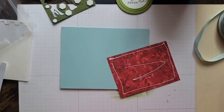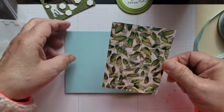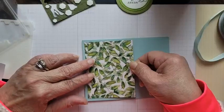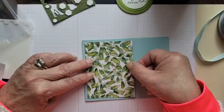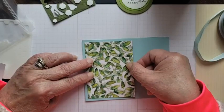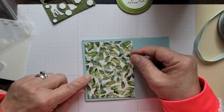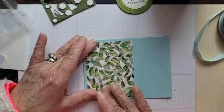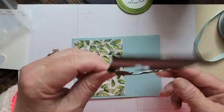And I always put a little bit in the center. And I'll pick that up. And the good thing about this paper, there is no right or wrong side, up or down. It doesn't matter because the leaves are going in every direction there is. So when I line this up, I'm looking here, I'm looking here, and I'm looking here. There we go. Now, we're going to bring this piece in